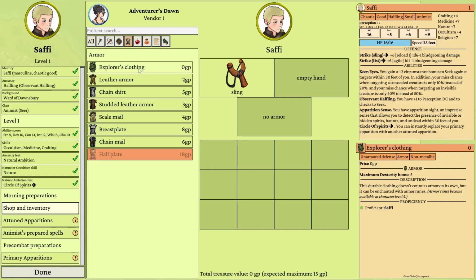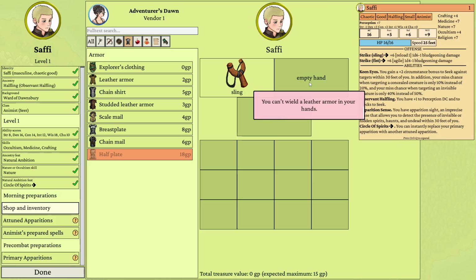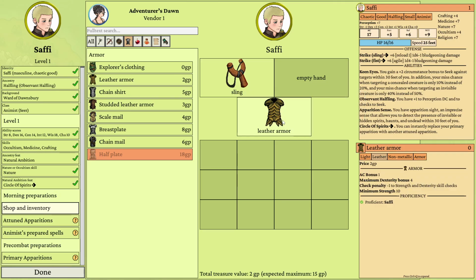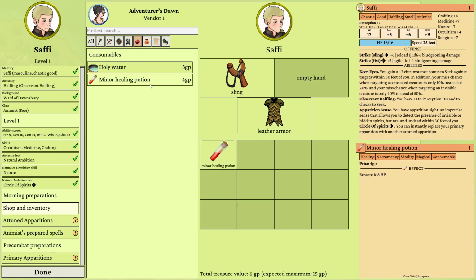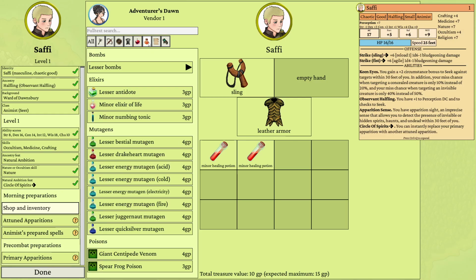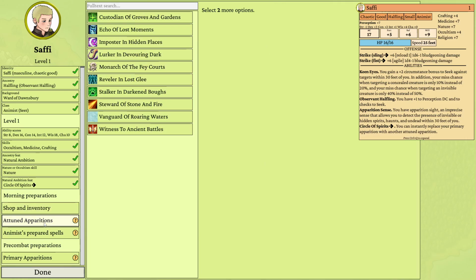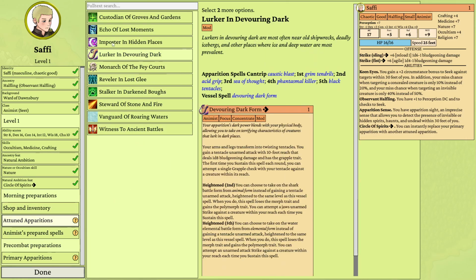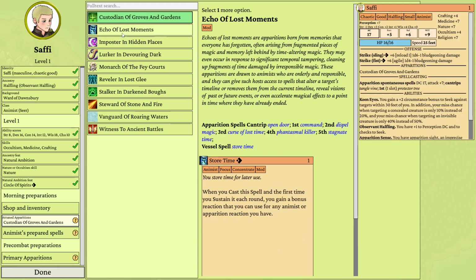And I believe he had leather armor? Can't wield leather armor in your hand. Oh, I dragged it to the wrong spot. Yeah, he had leather armor. A couple of healing potions. I don't think he had anything else, really, at the start of the campaign, so that's fine. Attuned Apparition should be Custodian of Groves and Gardens. And then he's also got Shepherd of Errant Winds, but that's not in this game, so I got to pick